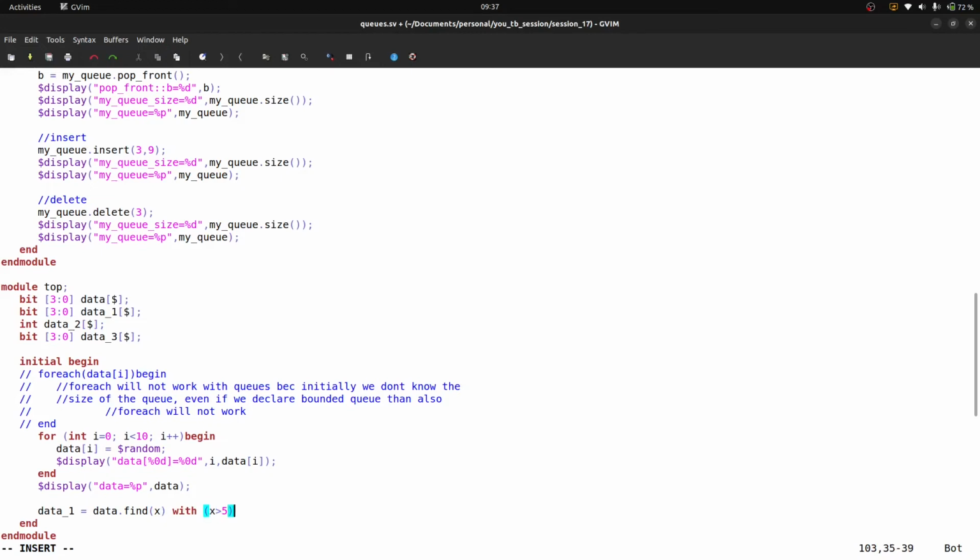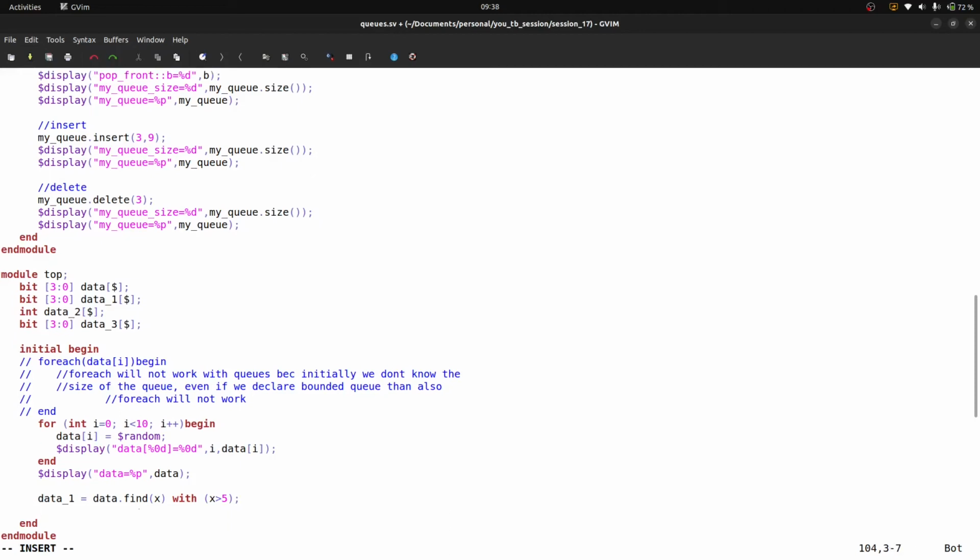What is with? As we already used with as an inline constraint during randomization, right? Let's say I am randomizing a packet whose handle name is pkt. So inside the generator, what do I have to mention? pkt.randomize. That is the simple way. But let's say I have to generate a read type packet and a write type packet. So what can I do? Simply I can write pkt.randomize with write_read is equal to write, pkt.randomize with write_read is equal to read, right? So that means the same with as here. Okay.